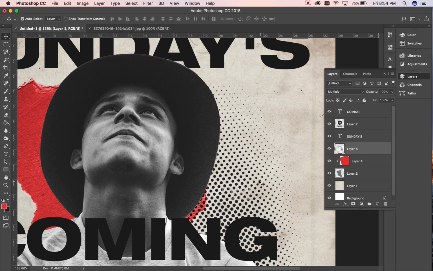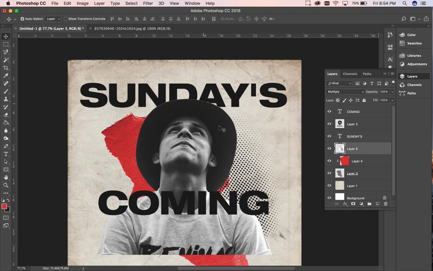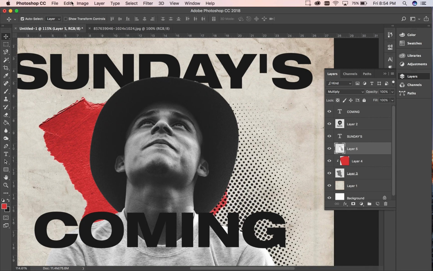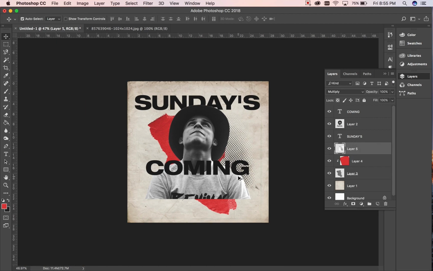So you can kind of see that. Adjust these levels a little bit. That's kind of a cool